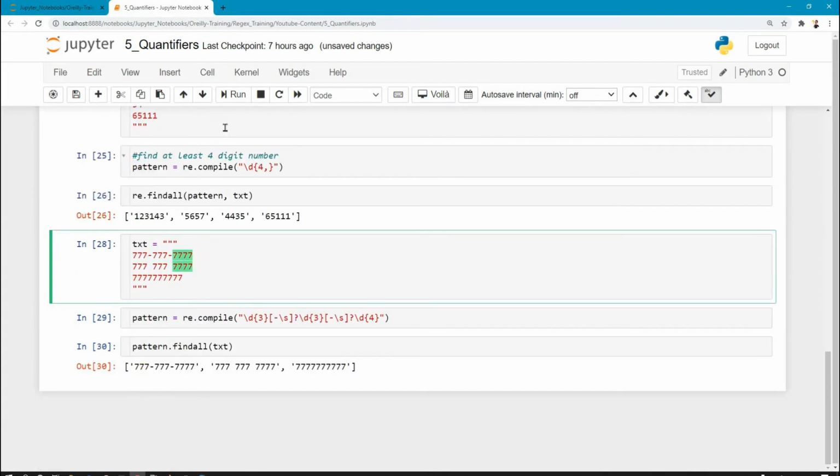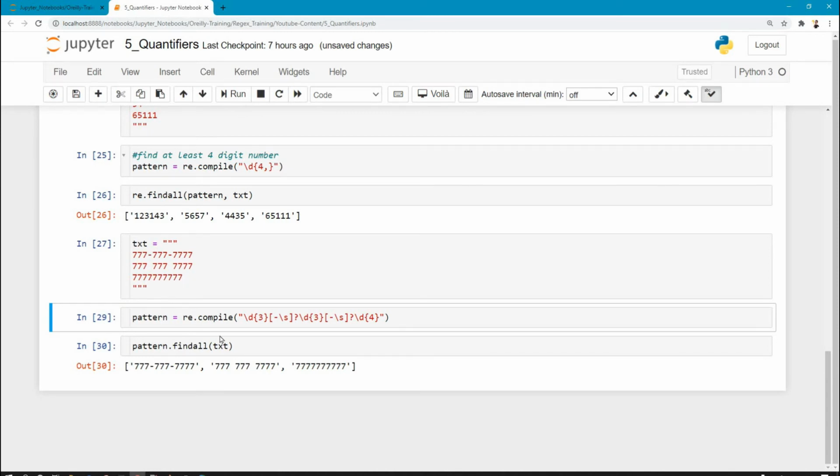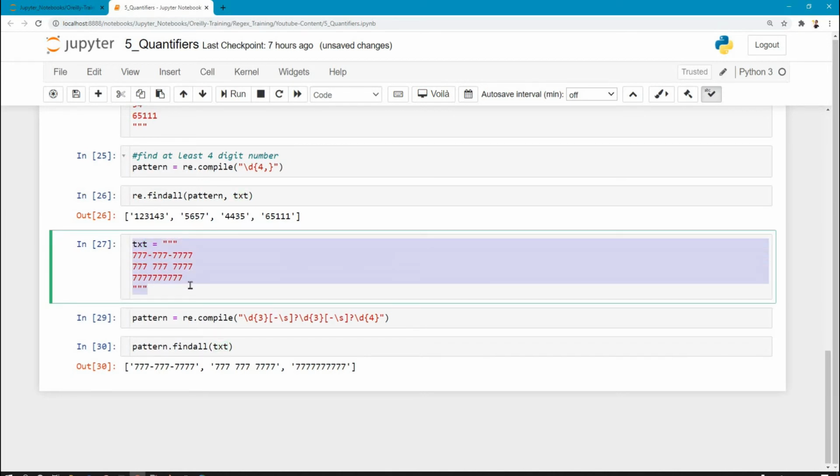Now in this example where I have phone number variations, I want to find the phone numbers starting with 3 digits, with a hash or a space. If you notice the variations, it has got 3 digits hash, 3 digits hash, and 4 digits, and instead of hash I've specified the spaces, and in this example I've removed the spaces as well.